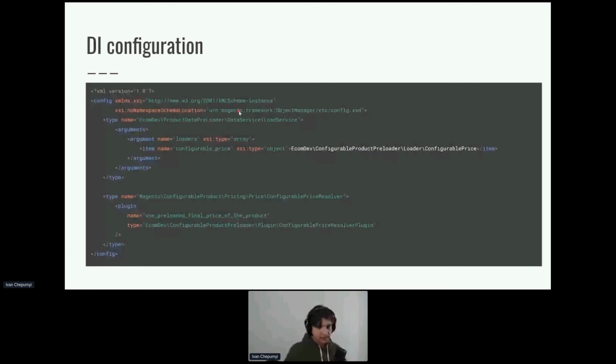Here is an example of how we define this data in DI. We have this product data preloader load service class, into which you pass an argument of loaders that is an array type. You can just specify the unique key of your loader itself that implements this data loader interface, and this key should be the same as the value by which you try to access the data from the load service, because it will be stored by this